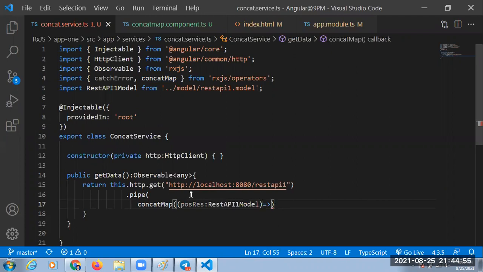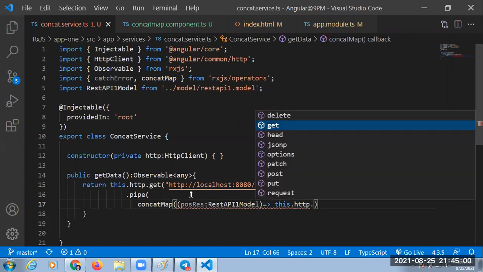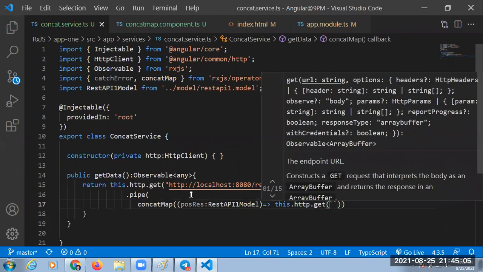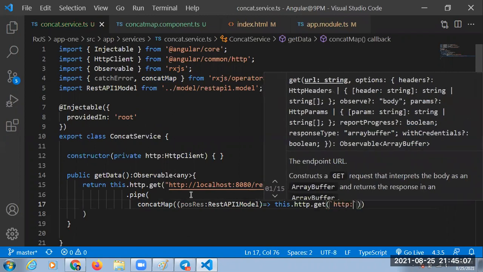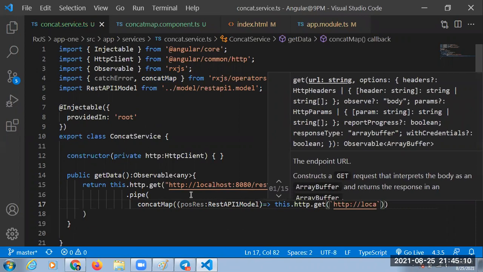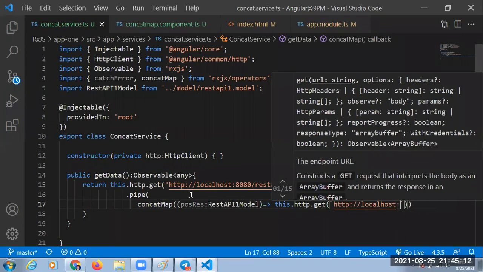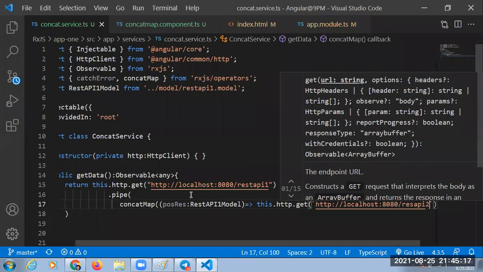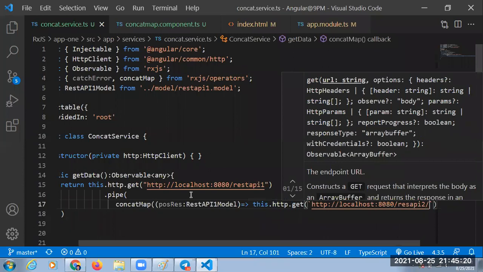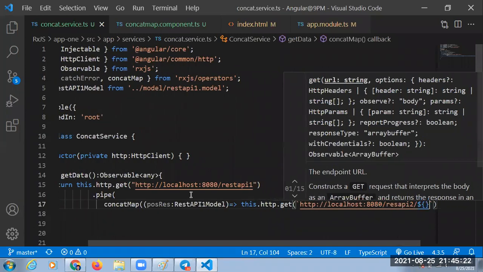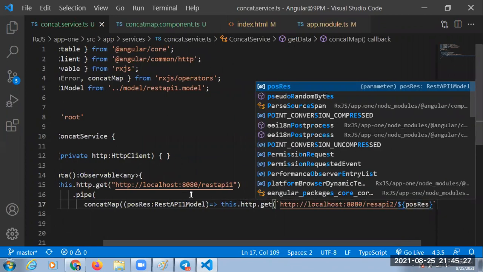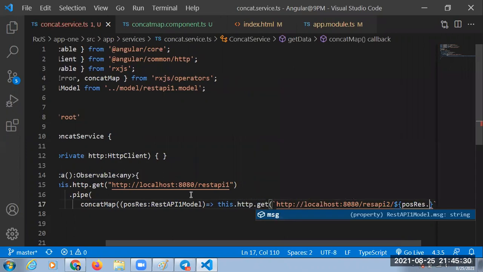Next one, how to make the call 2? This dot HTTP dot get. What do you want to place? HTTP colon slash slash localhost colon 8080 slash REST API 2 slash, dollar curly brackets, positive response dot message.